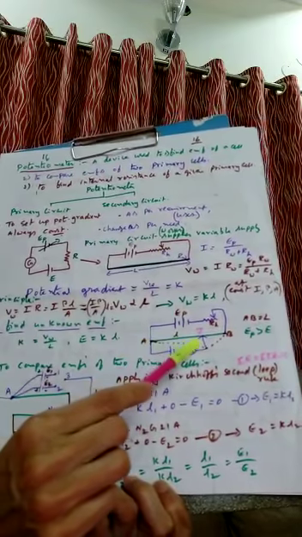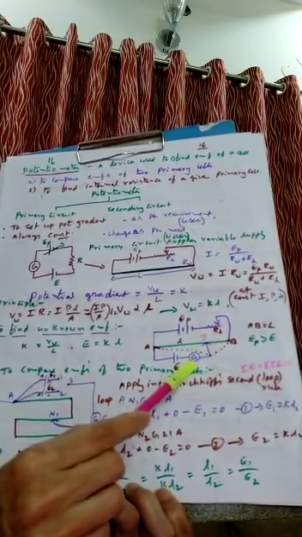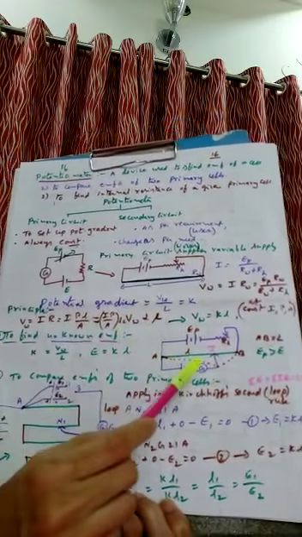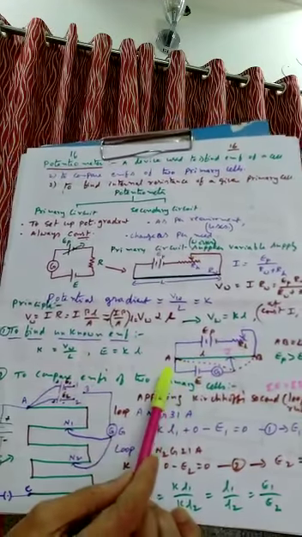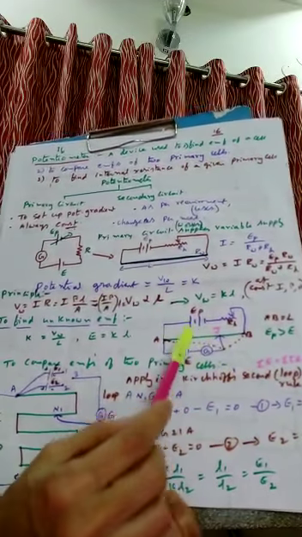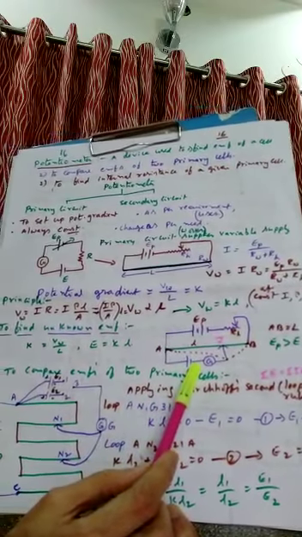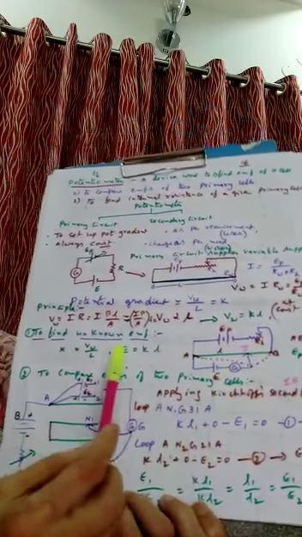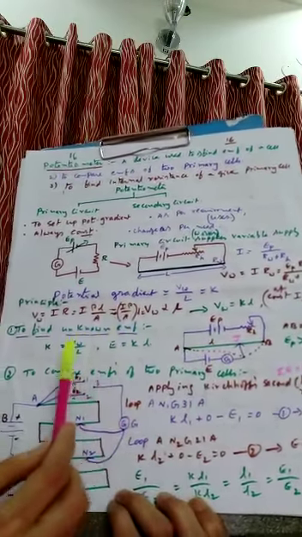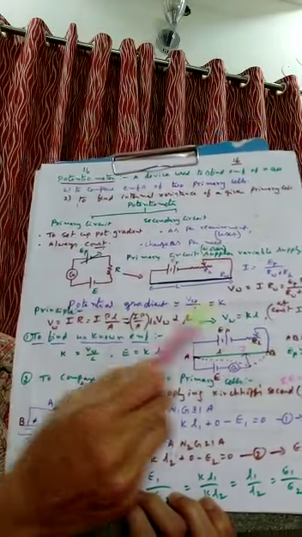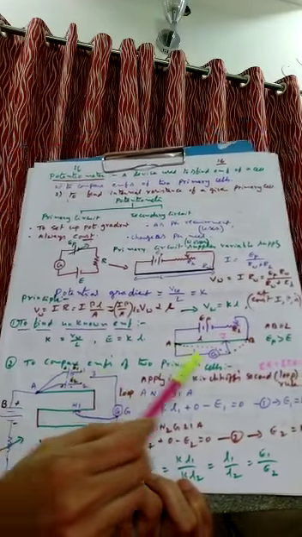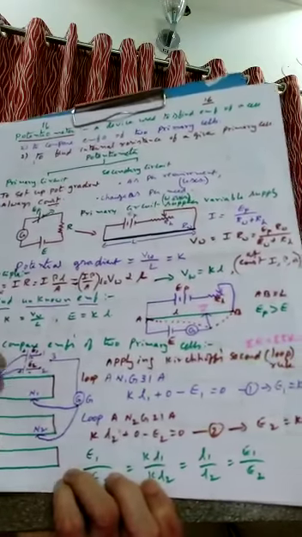We have to find that balancing point. Slide the jockey on the wire. At this point J, what happens? The galvanometer shows null deflection. Then find that length here. And you know why? Because the potential difference between the two electrodes is equal to the potential difference between A and J, as they are connected in parallel. So we write E, the EMF, is equal to K into L, where L is the balancing length and K we already found, VW by capital L, where capital L is the total length of the potentiometer wire. It's clear? In this way we are finding the EMF of the cell.